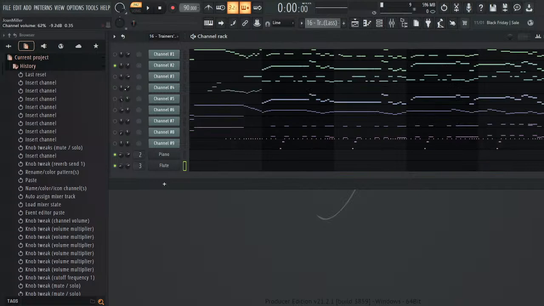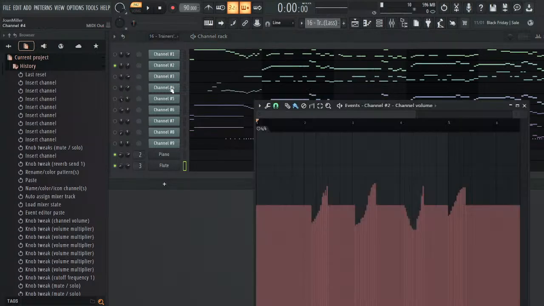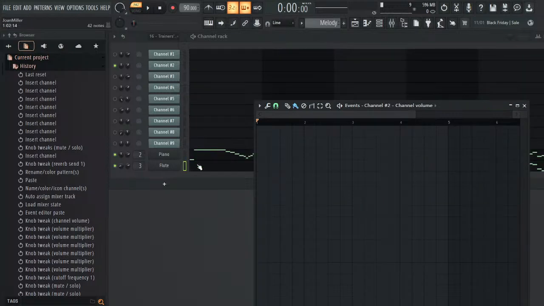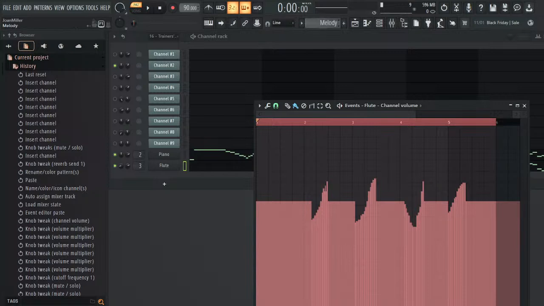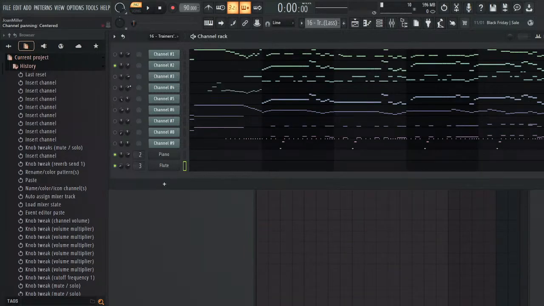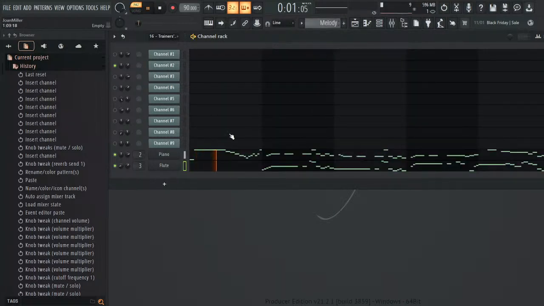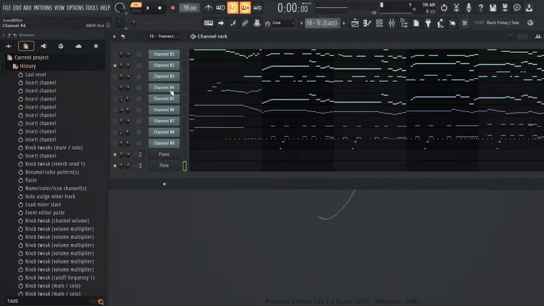Nice. Okay, so let's grab that volume automation because I know I heard that. There were some volume changes. And let's see about panning. Nothing. Okay, so let's check that one final time. No, I don't want that. Nice. Okay, so now the next part is